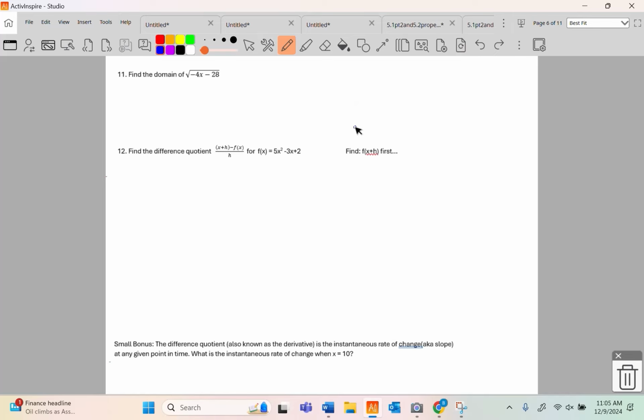So it says find f of x plus h. So every x I see is going to become x plus h, okay? 5 times x plus h times x plus h, because it's squared, minus 3 times x plus h plus 2. Now, if you'll do this about 5 or 6 times, you will realize what x plus h times x plus h is. So it's going to be x squared